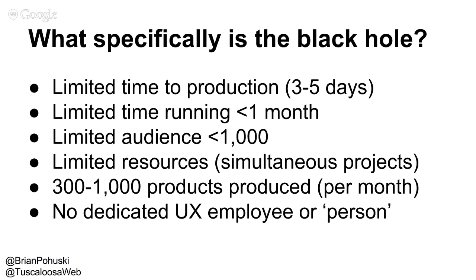here are some examples of why I would be running away from a giant hulk of metal that's trying to shoot at me. Limited time, so 3 to 5 days maybe. Say you had to build a whole project in 3 to 5 days. Maybe you have limited time running, so you're trying to optimize something, make it better, improve it, whether this is user experience or otherwise. You're just trying to improve some process, and you have less than a month.